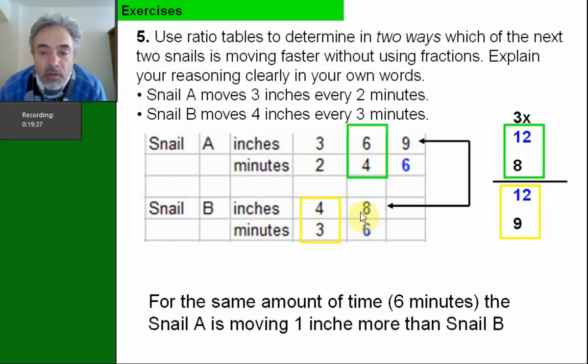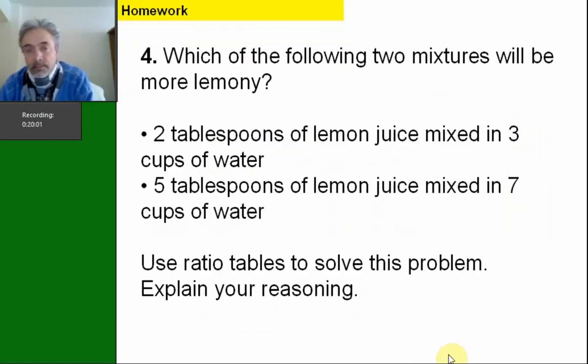But before you find the matching number, it's going to be hard to compare 3 inches in 2 minutes with 4 inches in 3 minutes. So by adding multiples, we can find the matching number right here. In this case it is number 6. So for the same amount of time, 6 minutes, we find that snail A is moving 1 inch more than snail B. Okay,